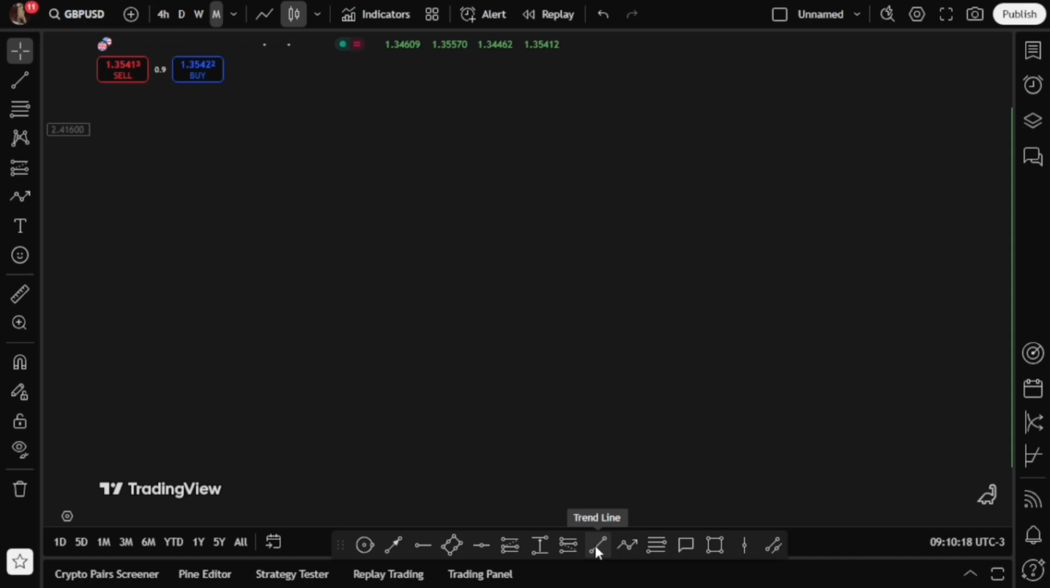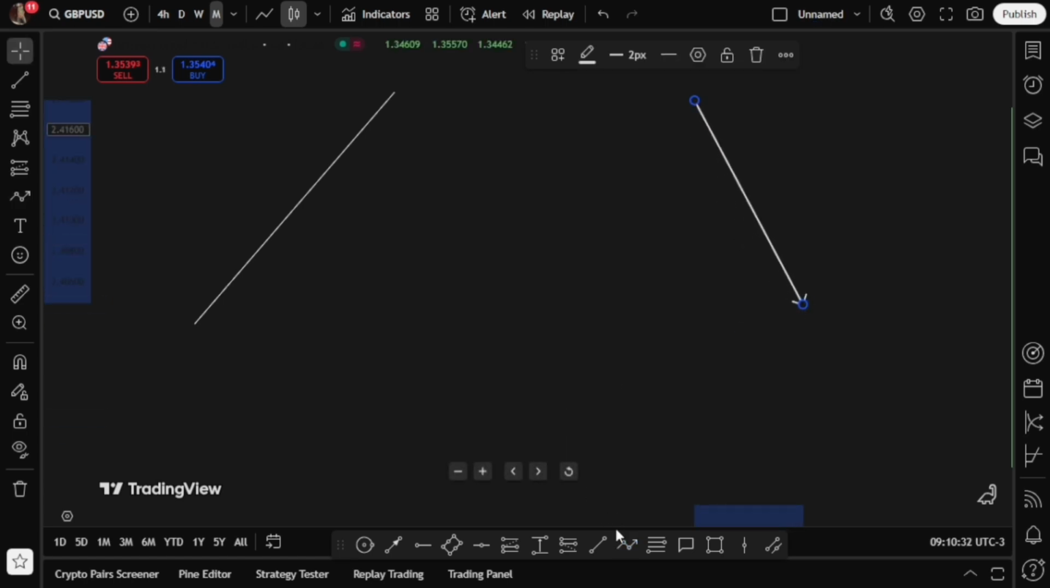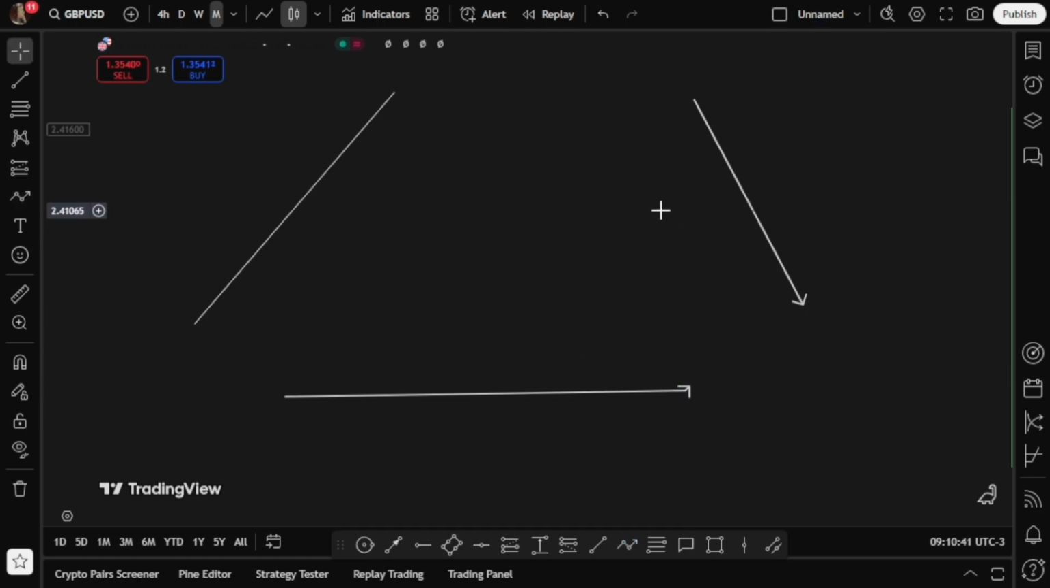So in the forex market, how many types of trend do we have? Number one, we have the uptrend, whereby price is moving upwards. Number two, we have the downtrend, whereby price is coming down. Number three, we have the sideways moving market, right? So now, guys, I'm going to be